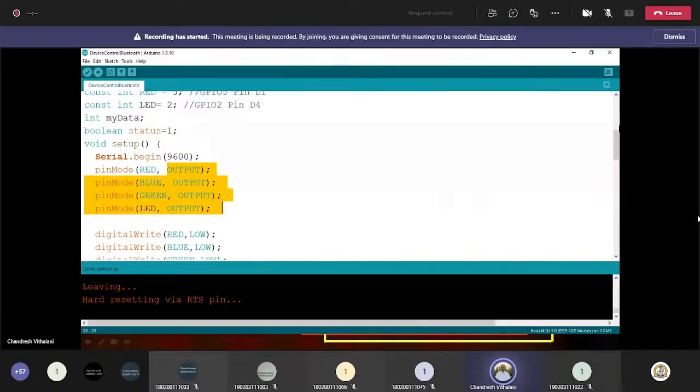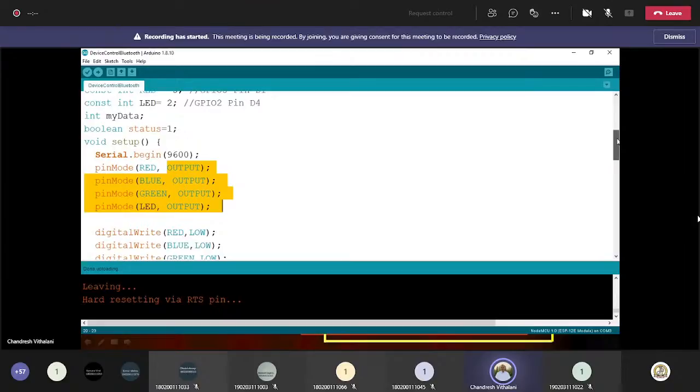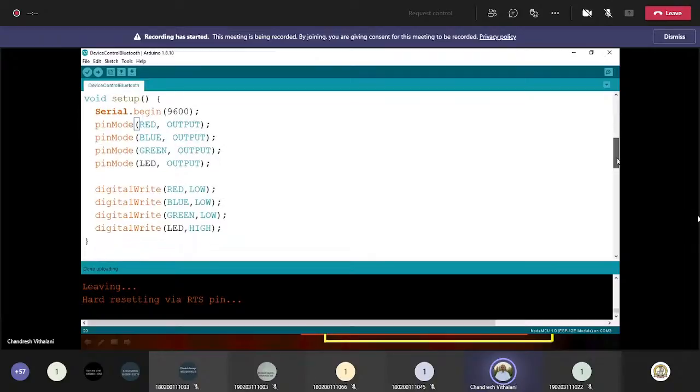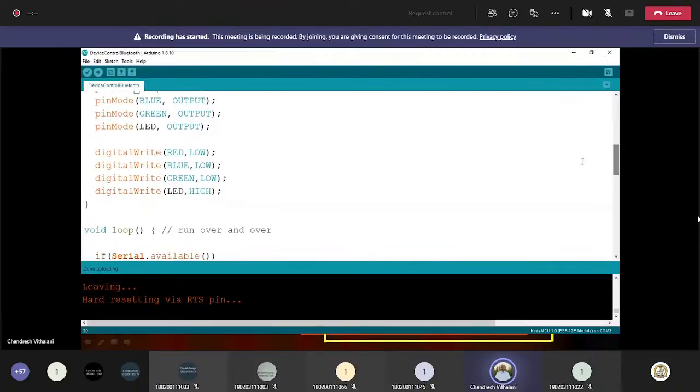So pin mode is output. If there are digital sensors, then normally we call it an input device. So in that case, we will be declaring those pins as input pins. Here we have not connected any sensor, so all the pins will be output pins. And then initially we send a low signal so that initially all LEDs remain off.